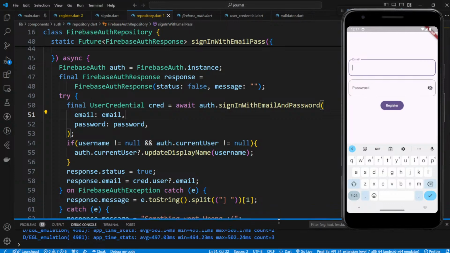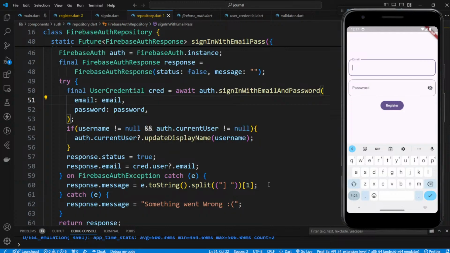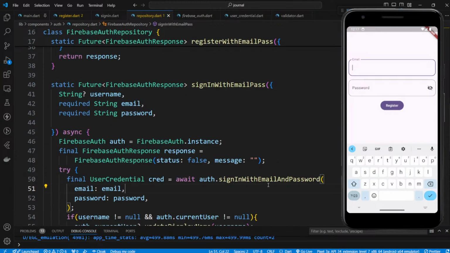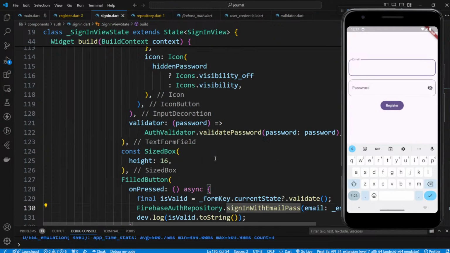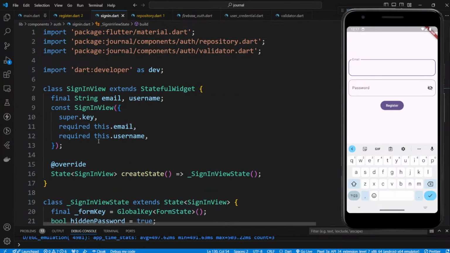If the user already has an account, they want to sign in, right? They don't want to go, the username should not be there, right? The username should only be there if you go from register. Okay, so in the sign in we can do one more thing. Don't make this required,